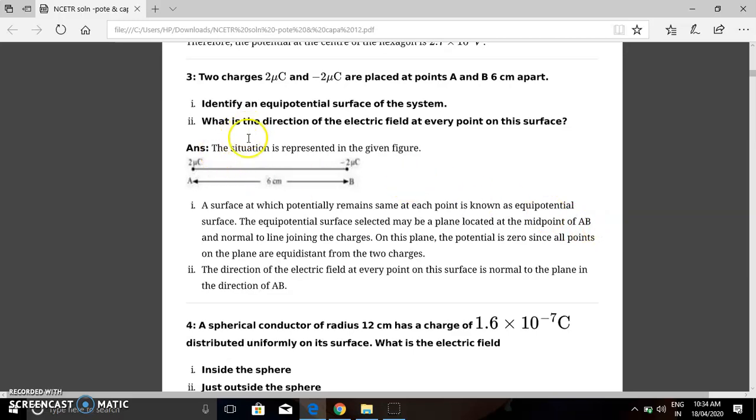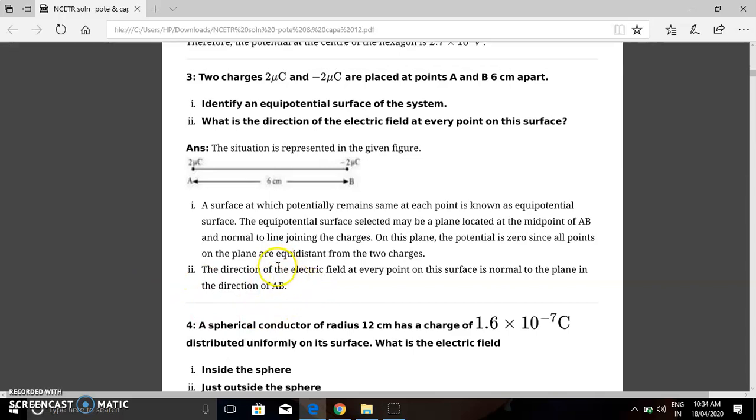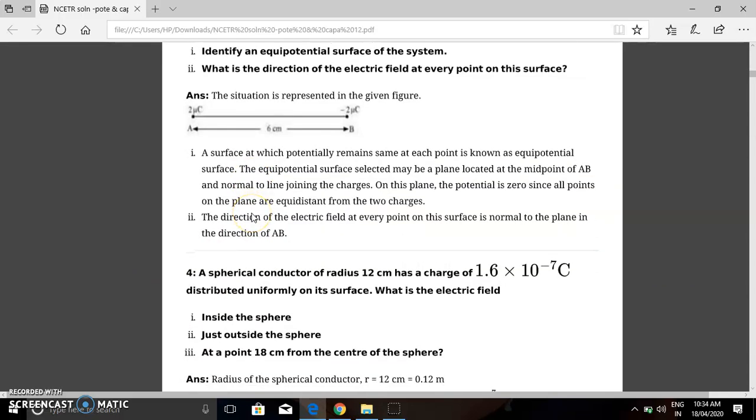So here we can draw the plane, any plane we can draw, and inside the plane at each and every point the potential will be same. So we can say on this plane the potential is 0 since all points on the plane are equidistant from the two charges. And as we know, electric field lines start from positive charge and end with negative charge. So direction of electric field is always from A to B, that is AB. So this is very easy numerical. It may come for 2 marks. Then we'll turn towards the